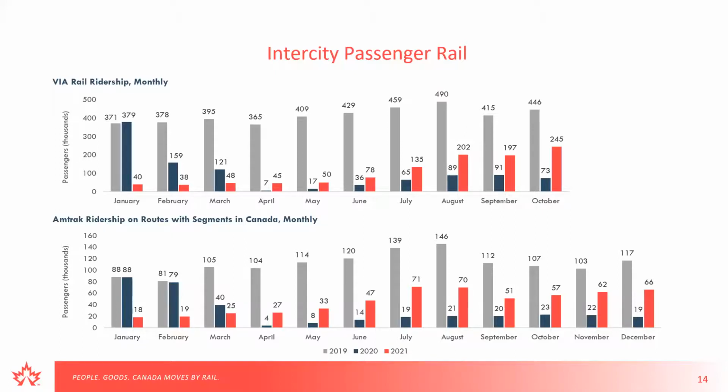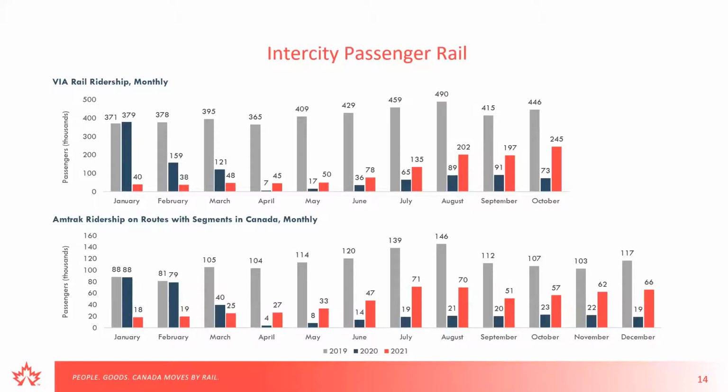So Amtrak has many routes, and we're considering the 3 routes that have a Canadian component. There's Cascades in BC, Adirondack that comes up to Quebec, and then Maple Leaf, which comes into Ontario. The ridership here doesn't specify the exact trip taken, so it could be domestic trips, it could be cross-border trips. We just have data on the number of riders in total.